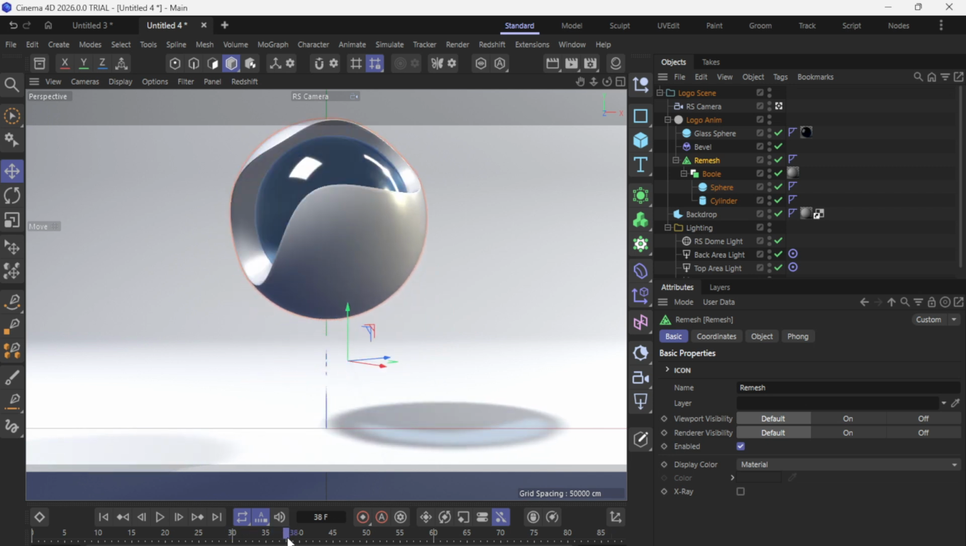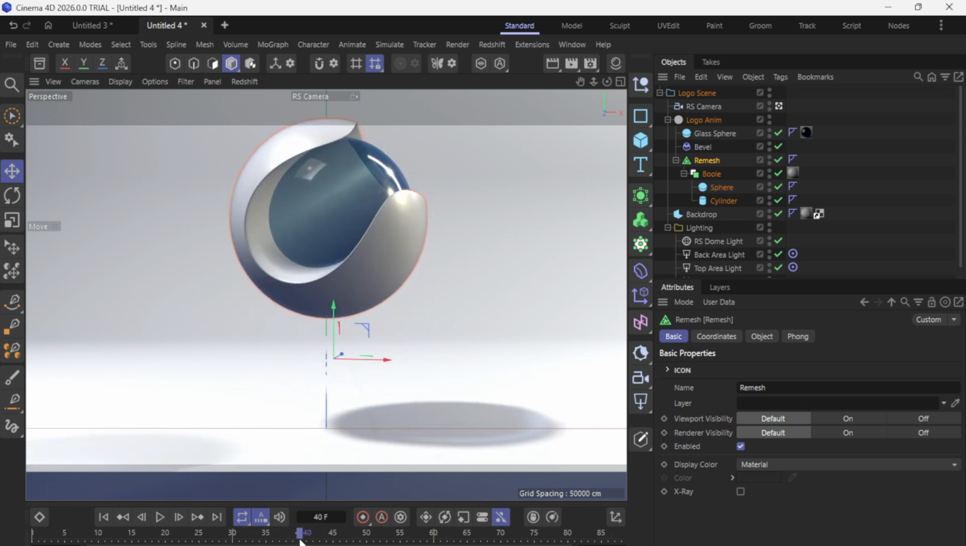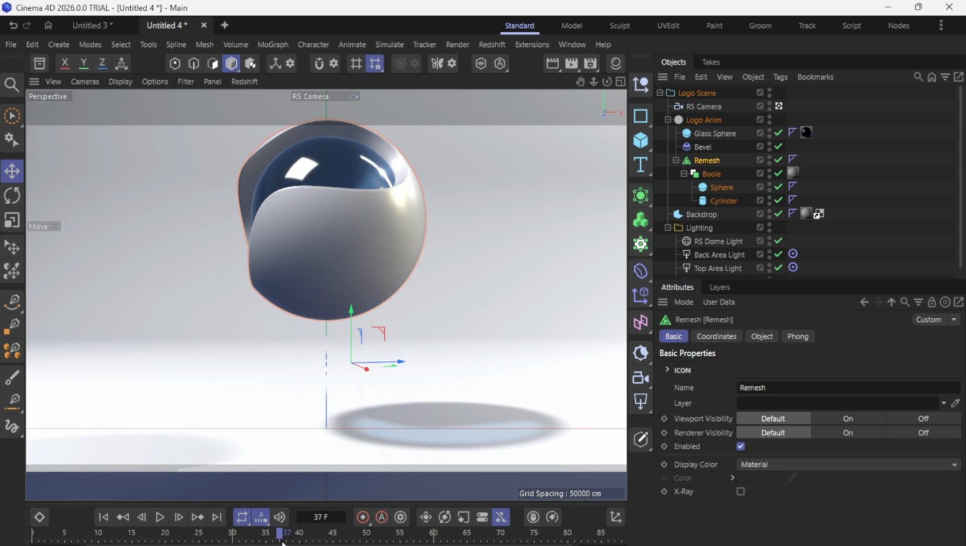Finally, render your result. Open Render Settings, choose your output resolution, set a still image or frame range for animation, pick a file format